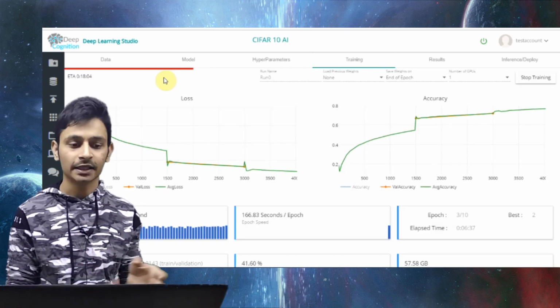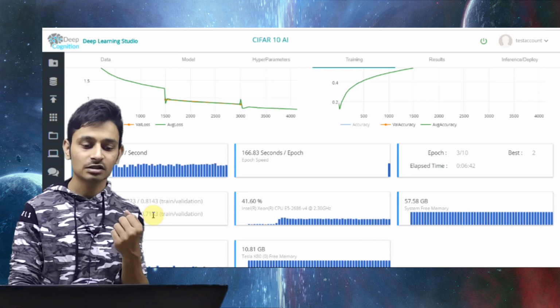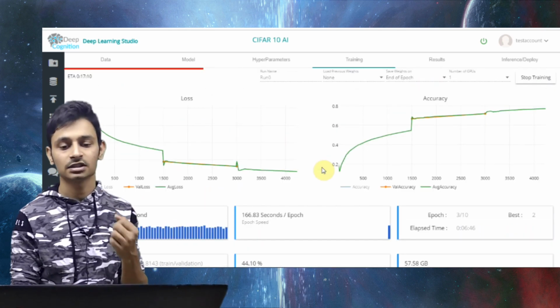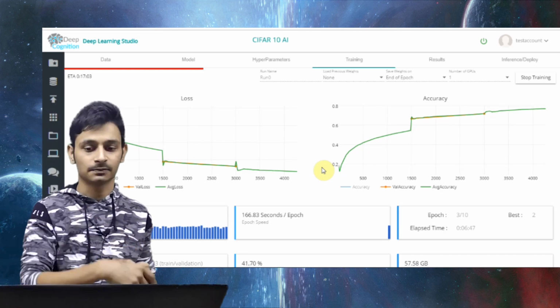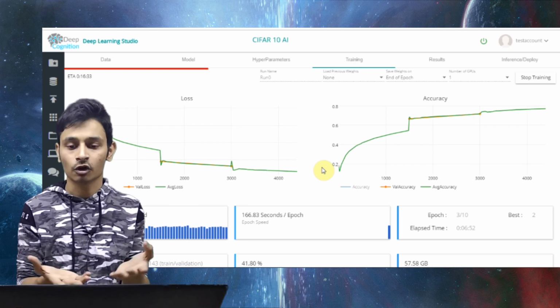Well, it's going to take around 18 minutes, and of course I know we can't wait for that much time, but this is our validation accuracy, that is 71.83%, and 76% is our training accuracy, that is on that spot. So I want you guys to definitely check out this Deep Learning Studio and create your own model and